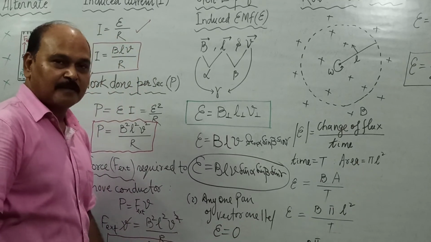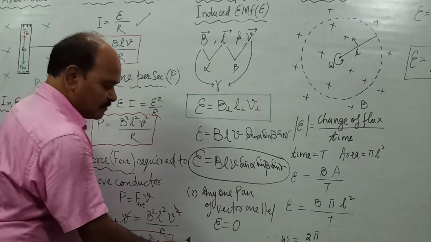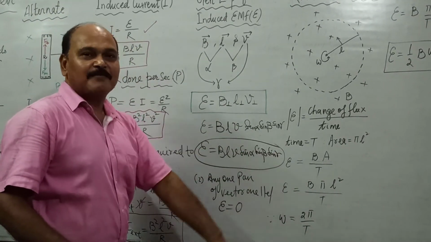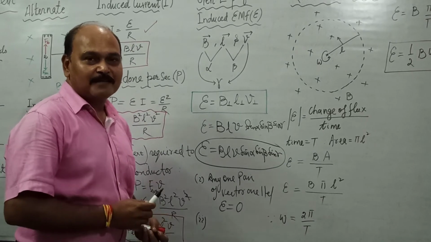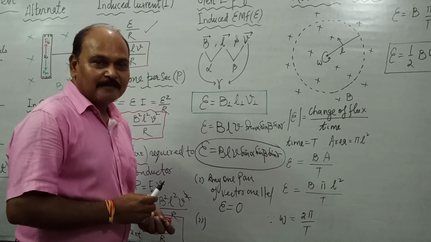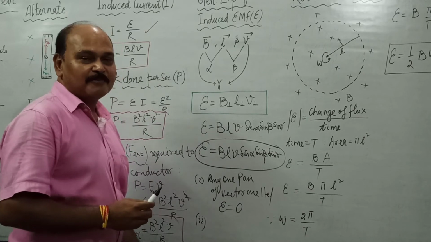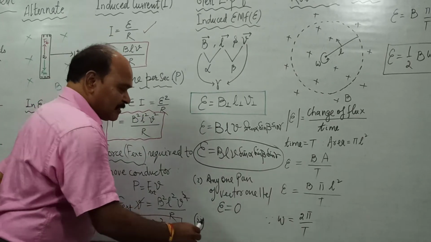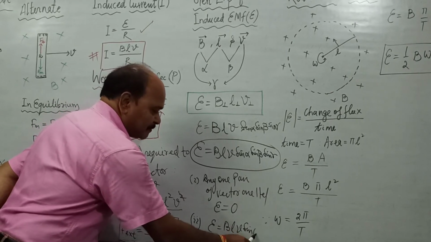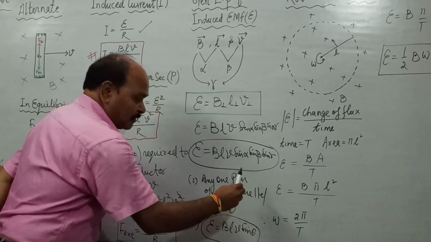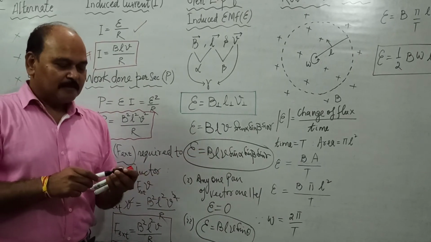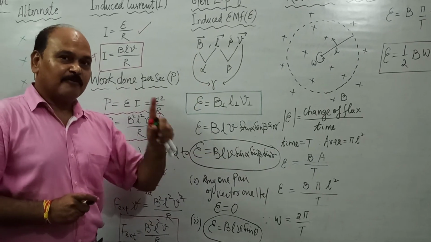And what has been seen in your school exams or in your boards is that out of these three angles, two angles are given as 90 degree. Either all three are going to be perpendicular to each other, or there would be two vectors perpendicular to each other and the third one would not be. So in that case, we straightaway use the formula BLV sin theta. Two angles are perpendicular, only the third one is not. This I am telling you by experience: out of these three angles, two angles are 90 degree, only one angle is not 90.